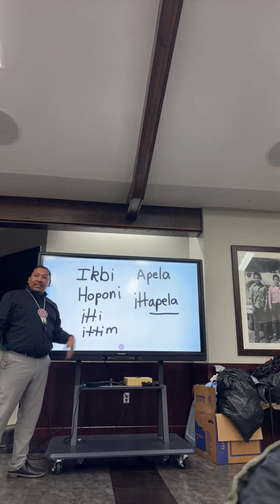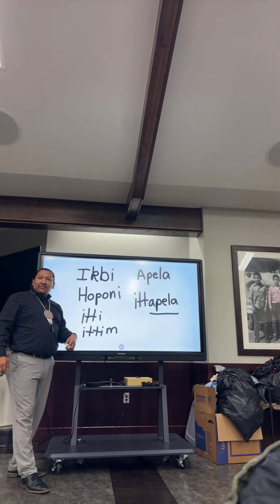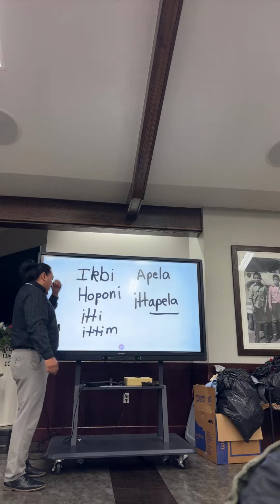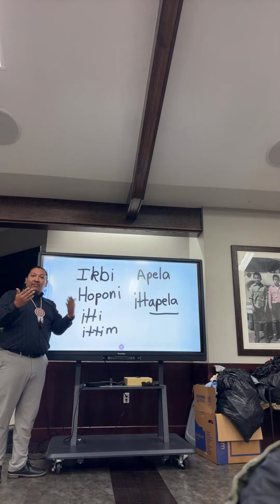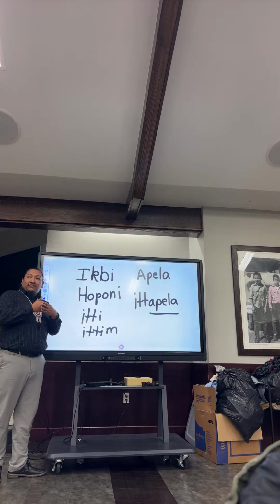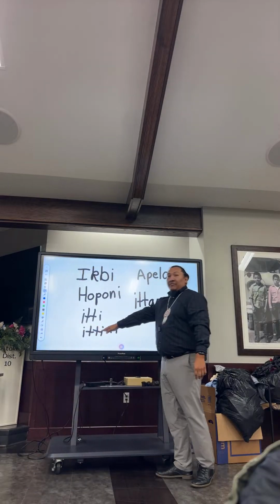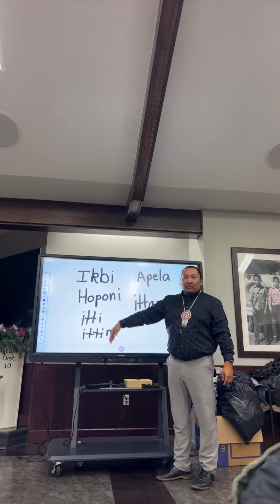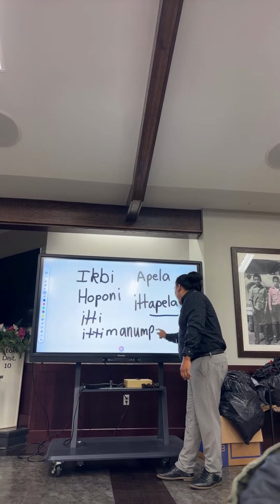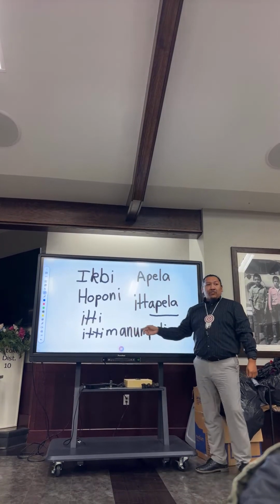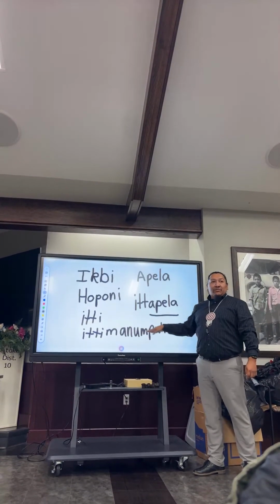But then itim, we can use a verb that we already know. So how do you say speak? Anompole, okay? So with this, how would you say conversation or speaking together? Itimanompole, okay? So all you have to do is it's just a prefix, basically. So something that comes before the verb. Itimanompole. So all you have to do is just find out what the root word is.